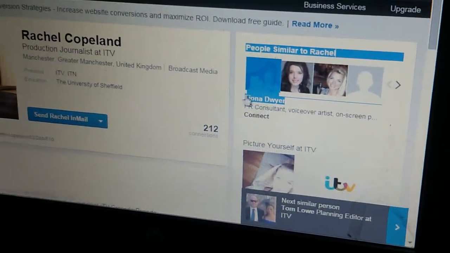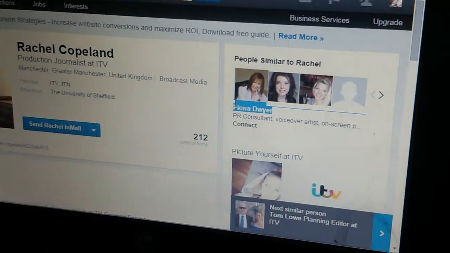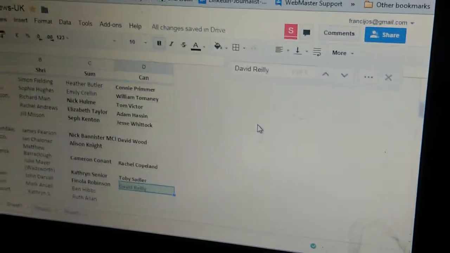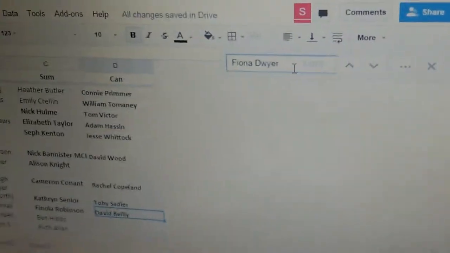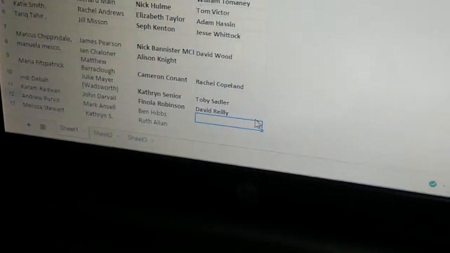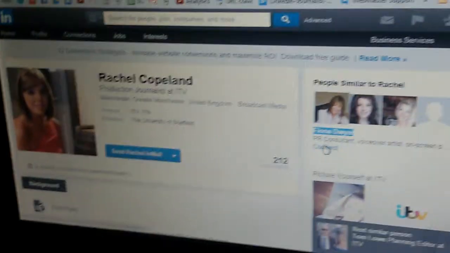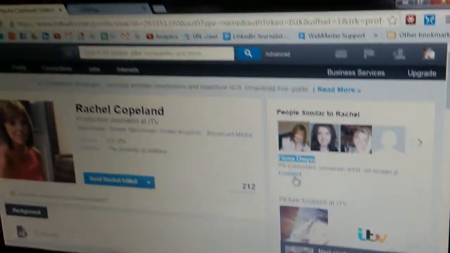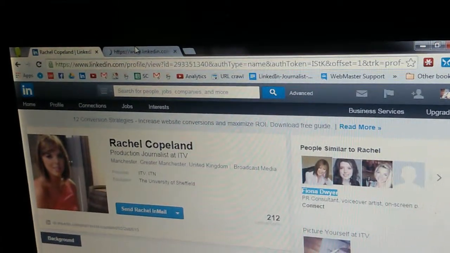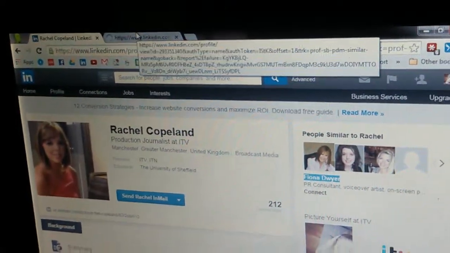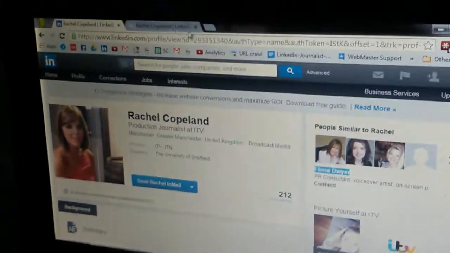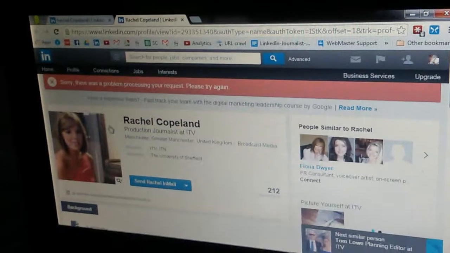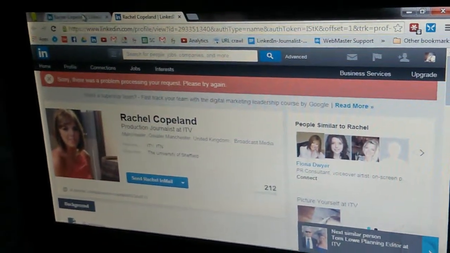Copy the name, Control C, go to the other page, Control F, Control V. It's not matching. If you see, it's 0 of 0, so it's not matching. So on a particular cell, paste it over here, Control V, come to the other page, hit connect, open in a new tab, and that's it. Leave the tab over there, don't go behind it and try to invite right away. After opening 3 to 4 invitations in new tabs, at a later stage you can come back and invite that person. Thank you.